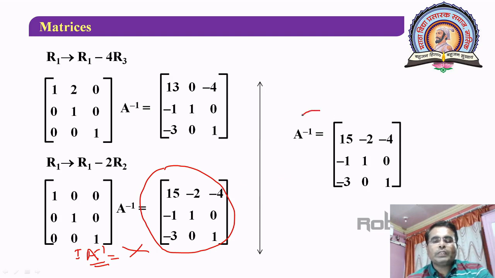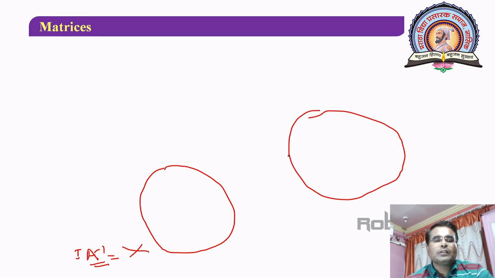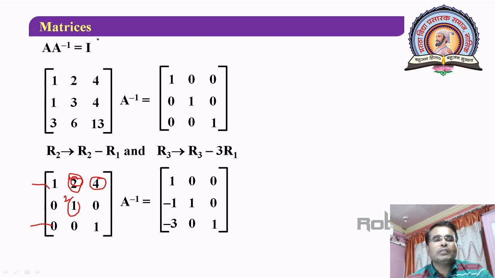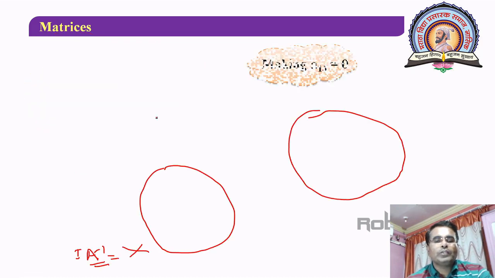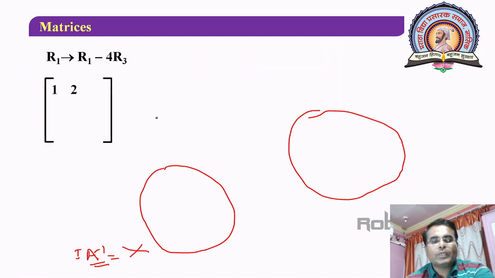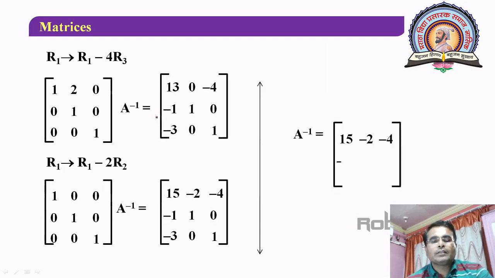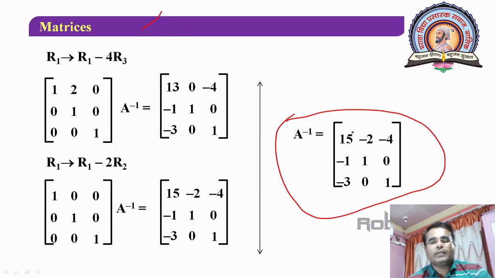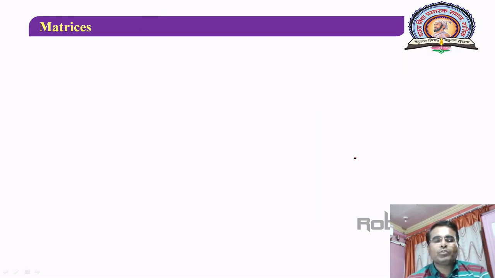You can verify whether your determination is correct or not by using the definition itself. What is the definition? We have seen here, while starting with finding the inverse, we have A into A inverse is equal to I. So this is your matrix A, and you have just obtained your required inverse. That required inverse is here, and if you multiply it with the given matrix A, then definitely the resultant should be the identity matrix. That is, a cross verification is also possible.